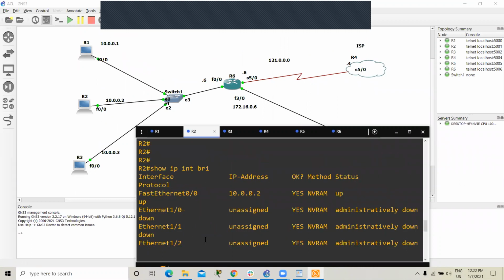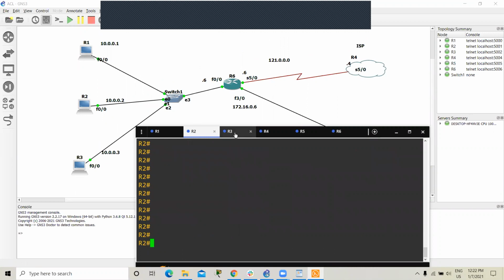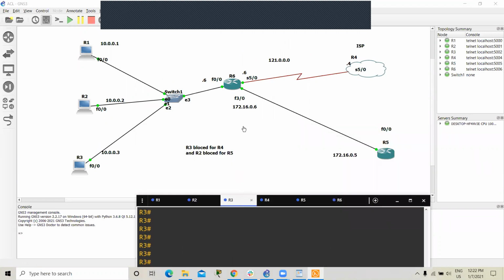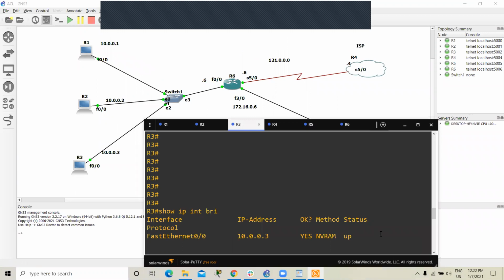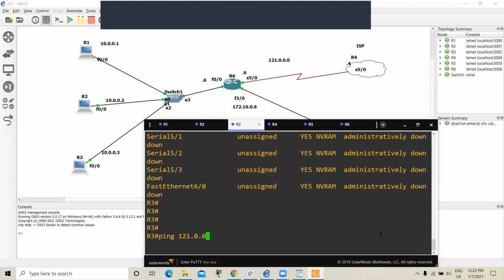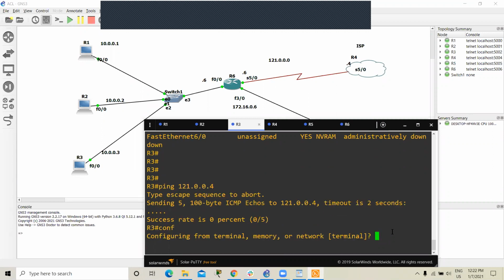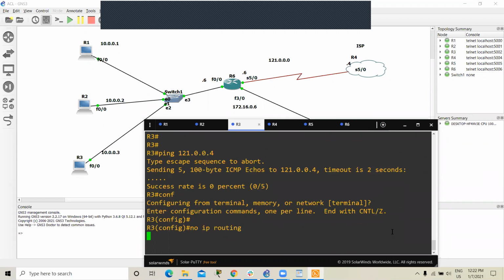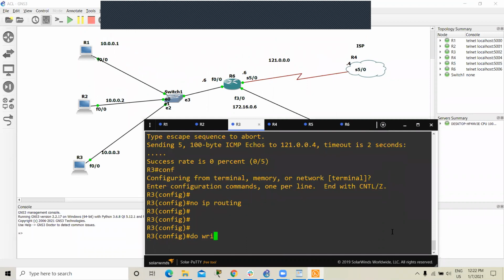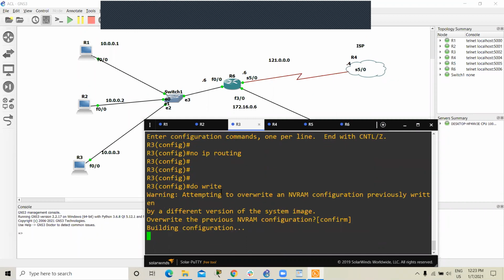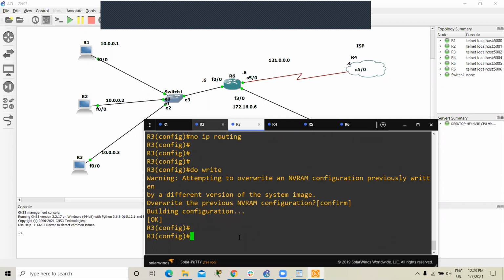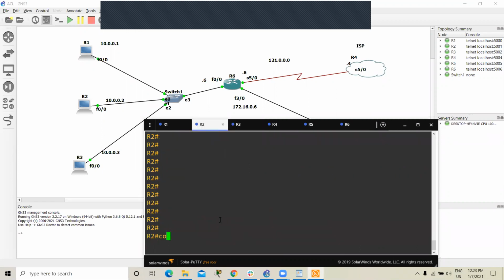From router 2, if I try to ping router 4, it will be successful. Wait, no ip routing.